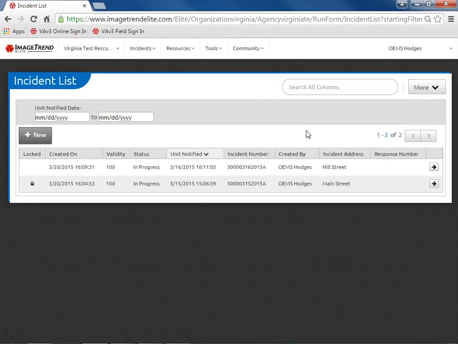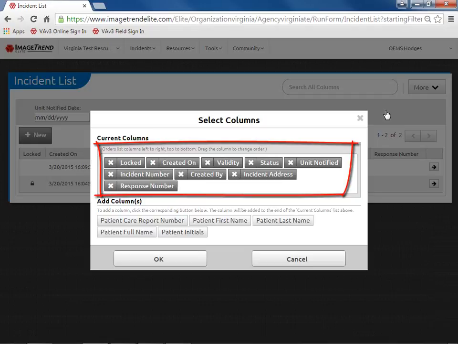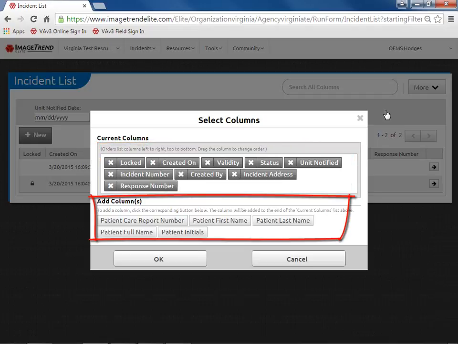There is one additional feature that I want to show you. You have the ability to change the columns that are displayed here. To illustrate, we'll select More and choose Select Columns. The darker items show the columns that are currently displayed, and the lighter items are the additional items that can